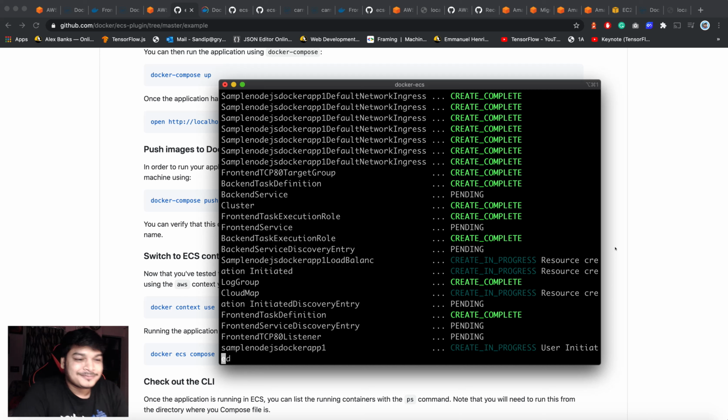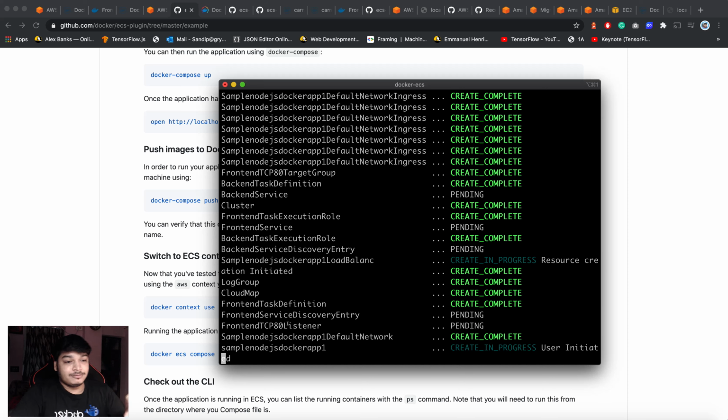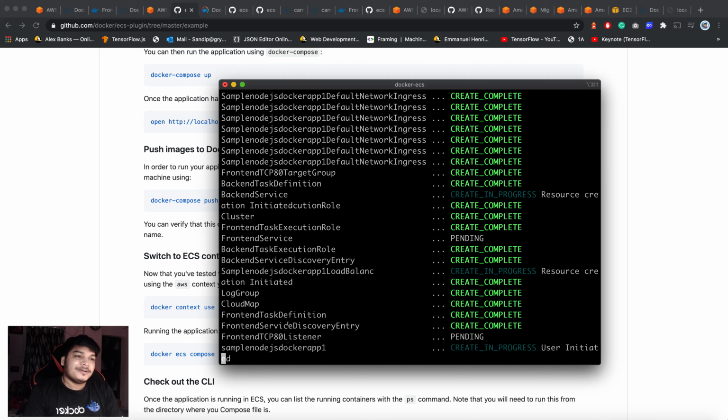Okay, so it's creating all the resources. It's creating the role, the service discovery, the log group, the Cloud Map for the internal mapping, and for each service it's doing the binding and everything. It's great, isn't it? I mean, see, the target group was getting created and everything is getting created.